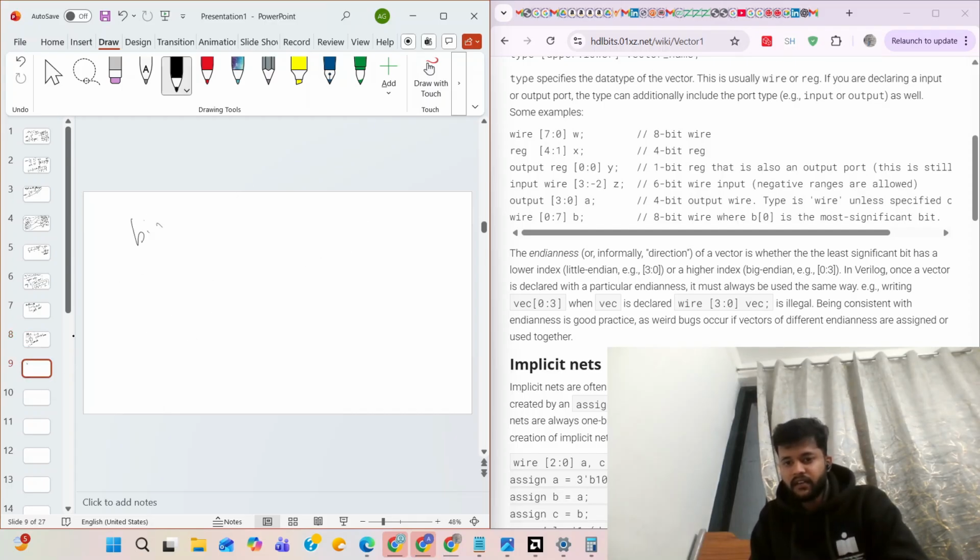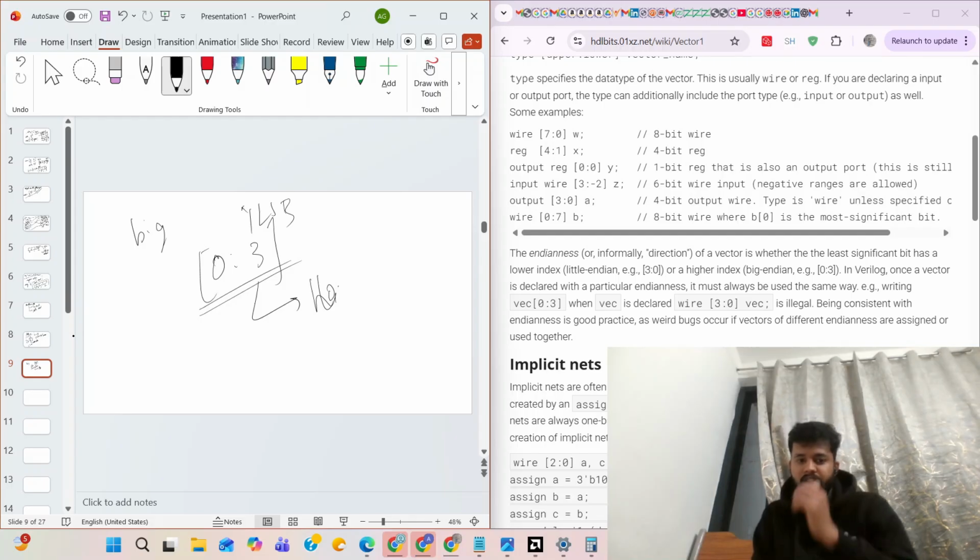And in big endian, this is the LSB, the least significant bit, but it is assigned to the higher index. Higher index means 3 is greater than 0, right? So the index number is greater than the MSB's index number. Did you understand, right?